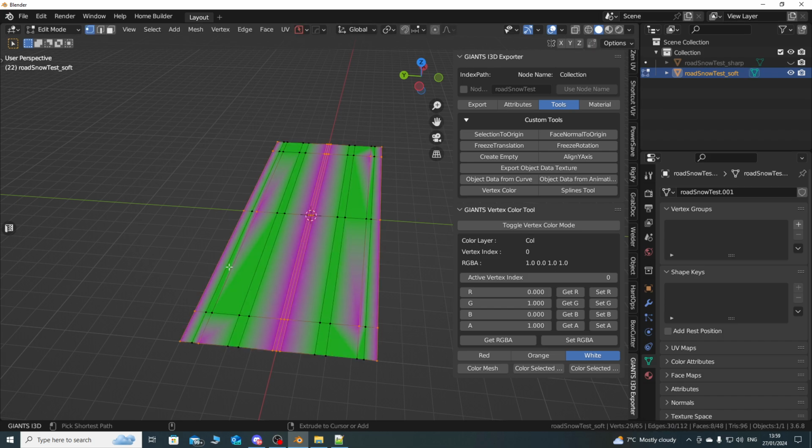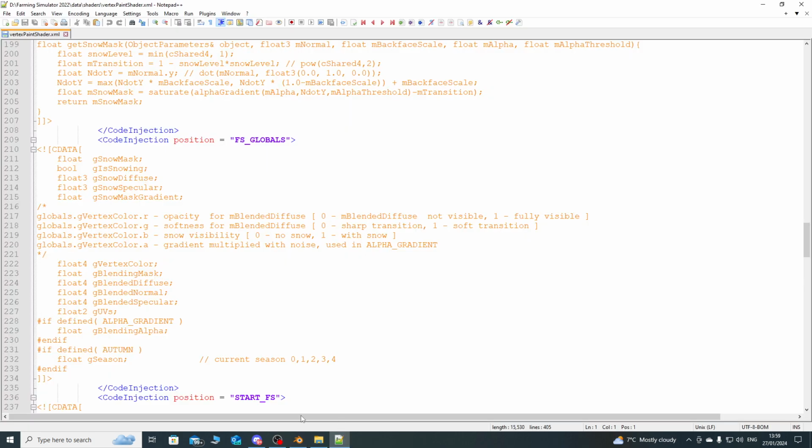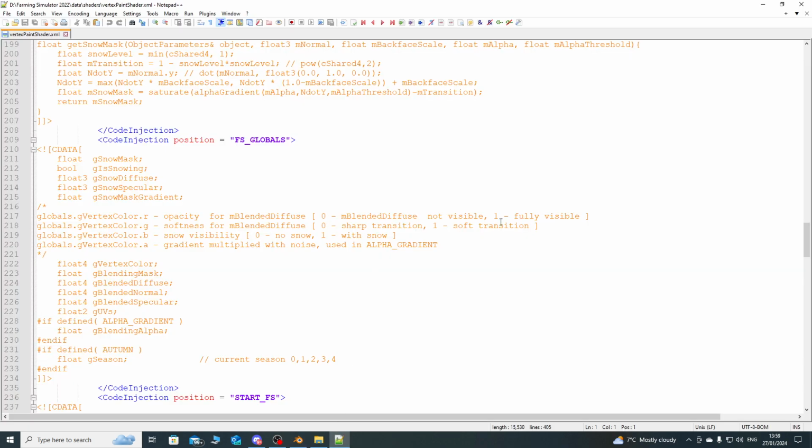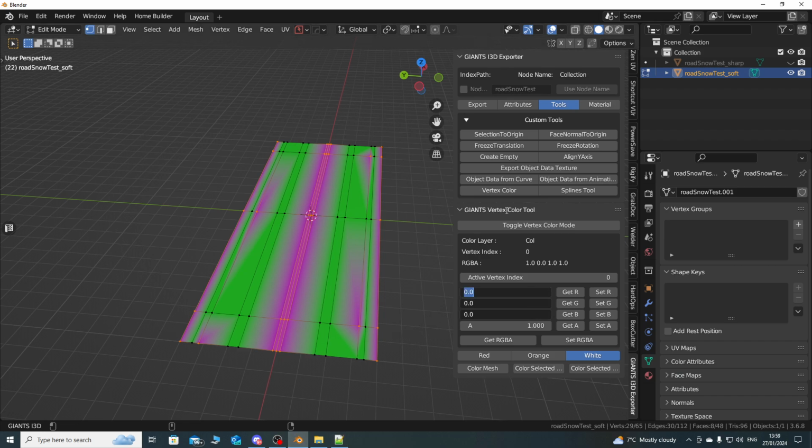I'm going to do Control I to invert my selection, so I go back to where it has snow. This is the soft transition, right? So here what we want then is 1, 1, and 1. We want one full visibility on our opacity, 1 for soft transition, and then snow visibility 1 with snow, right? So here I'm just going to drag and type in 1